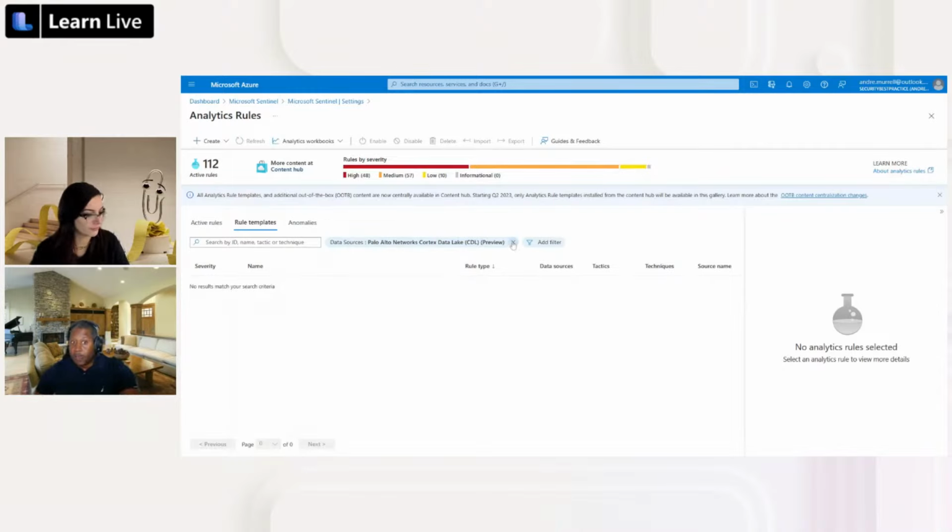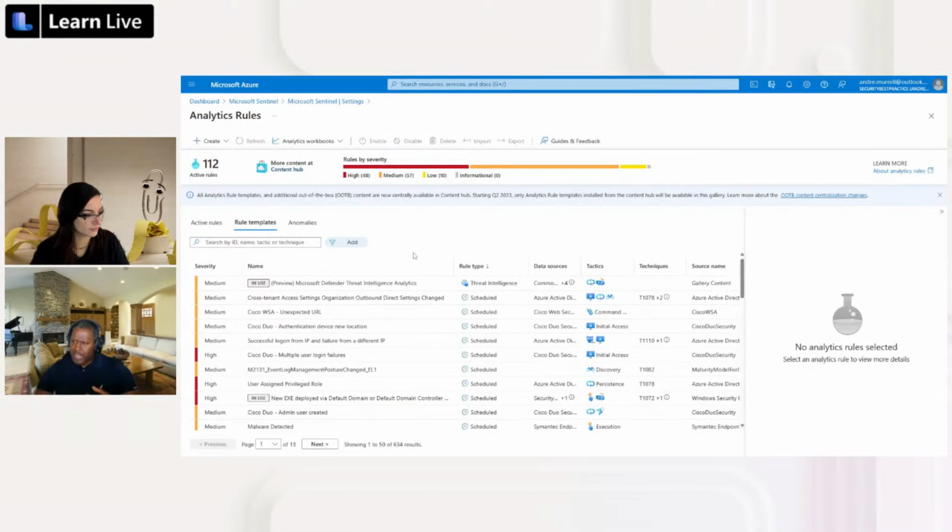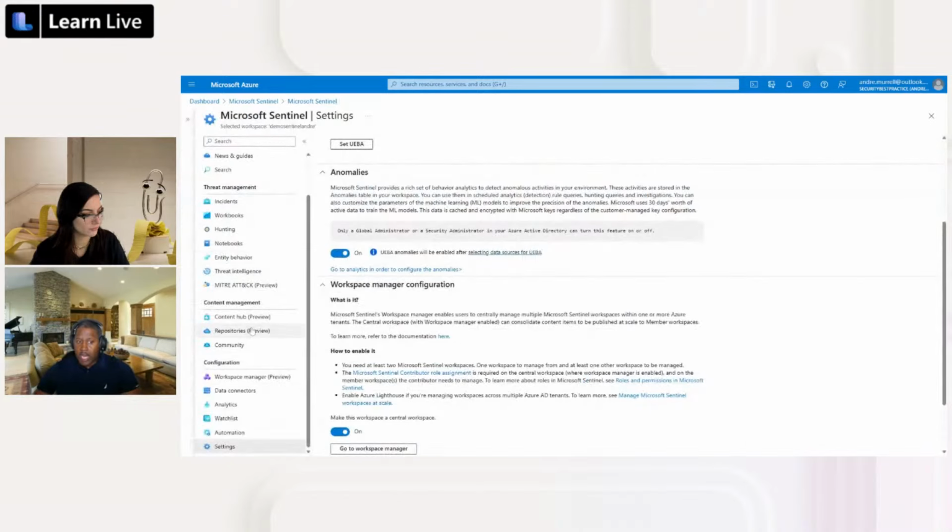Now, I did Palo Alto Cortex, and it didn't have any rules in there. So does that mean that Sentinel doesn't have any Palo Alto Cortex rules? Well, no. In fact, if I go to the Content Hub,